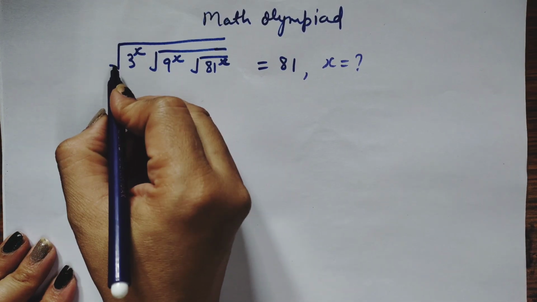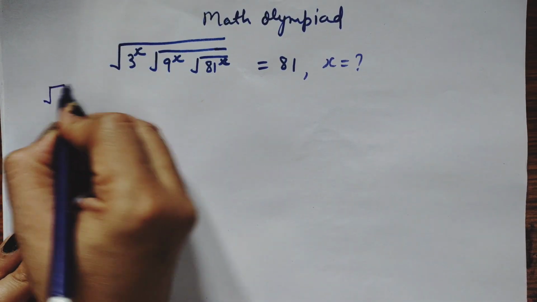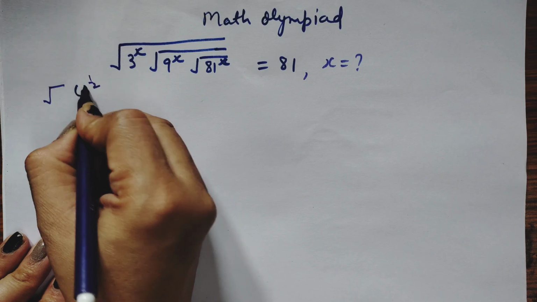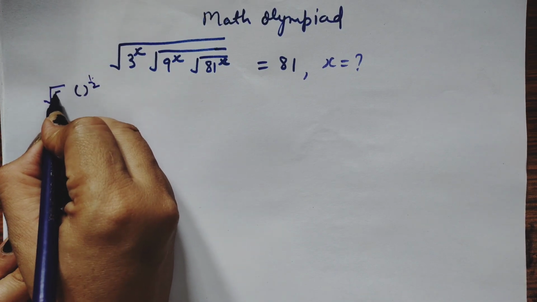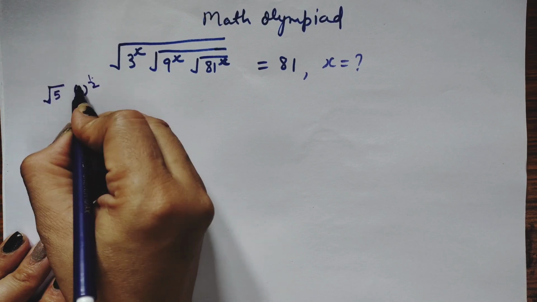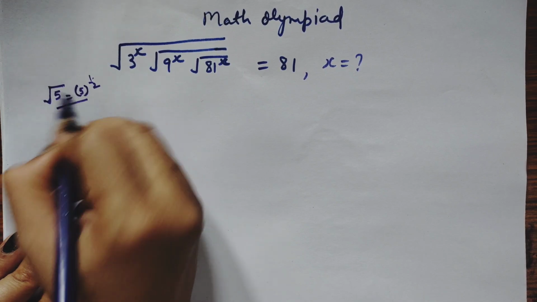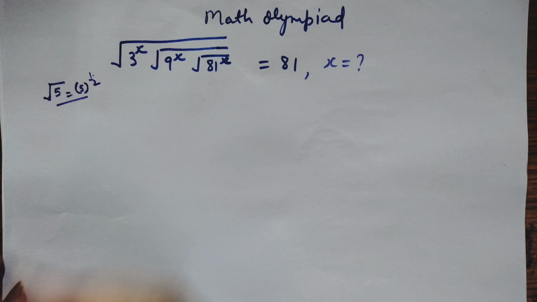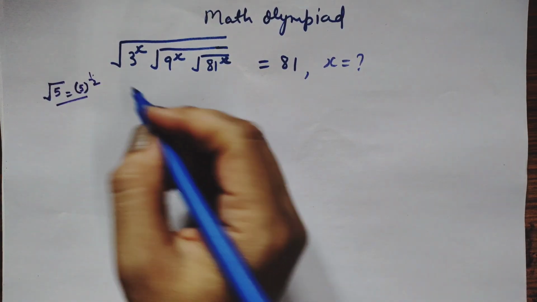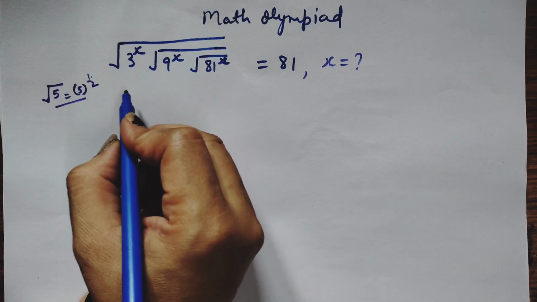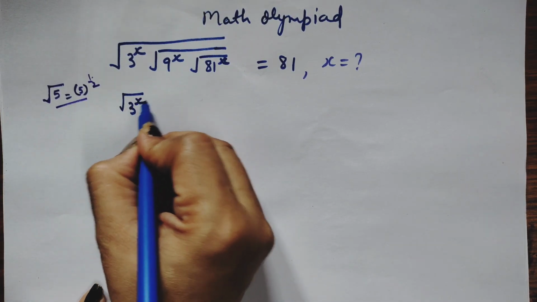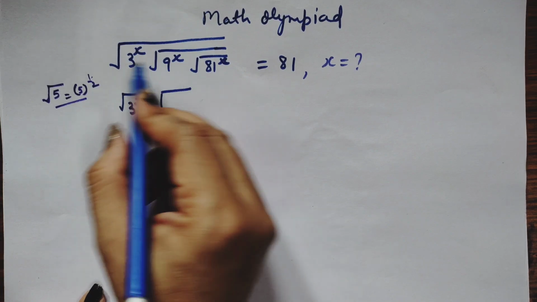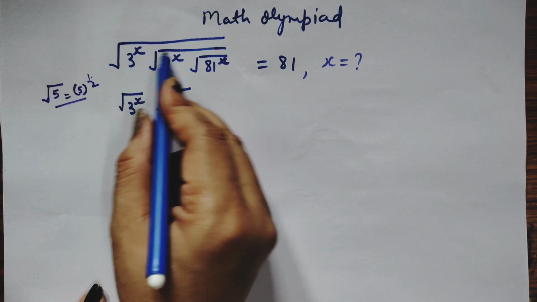According to this, we know the value of the root is whole power 1 by 2. If we have a number 5, we can write this as root 5, whole power 1 by 2. So you can see here root of 3 power x, root of 3 power x. Can we write this? First of all, we'll write this as 3 power x under root. Then again we'll do this root and root power 9x,